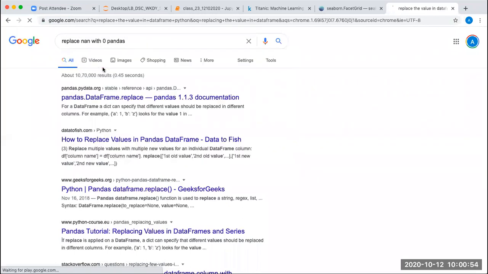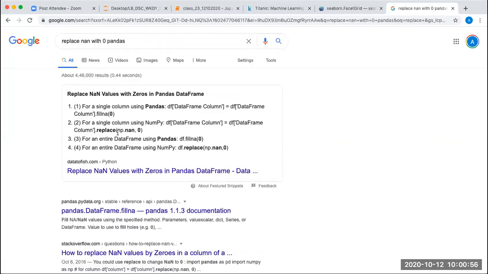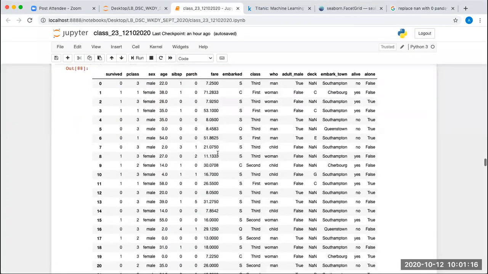Replacing nan with 0 in pandas. Here you can see you are writing np.nan. Instead of np.nan, you can write 0, and then write the value which you want to replace it with. So the data frame values need to be changed for it to be reflected in the graph. Yes, obviously. You are going to change that and accordingly it will be taken from there.